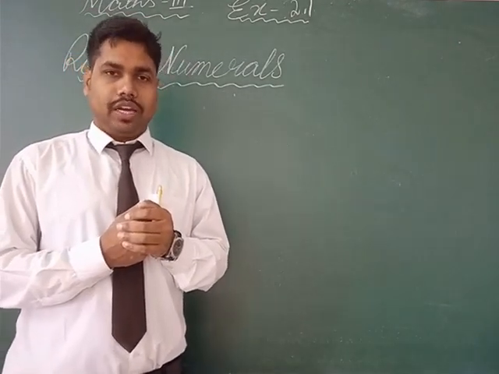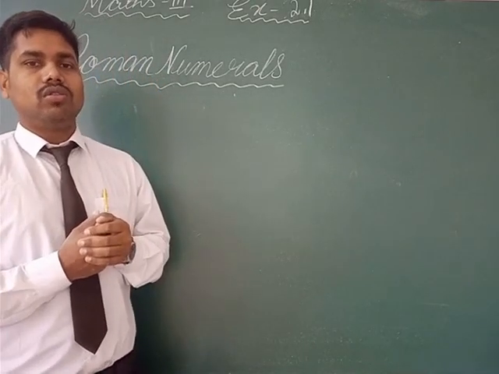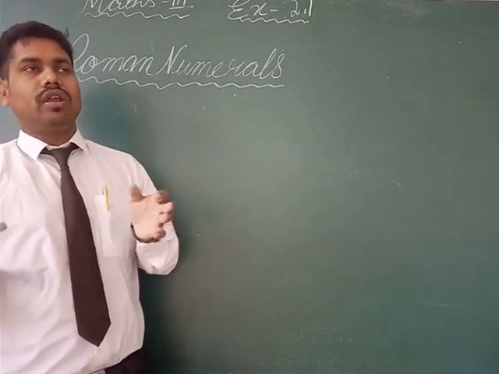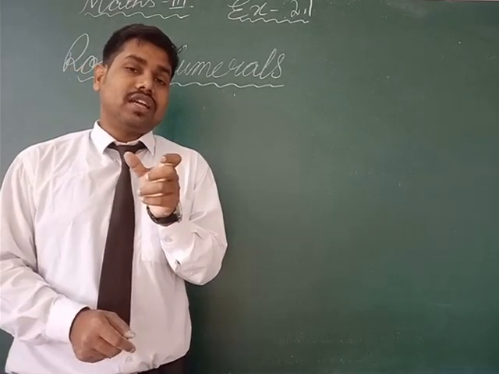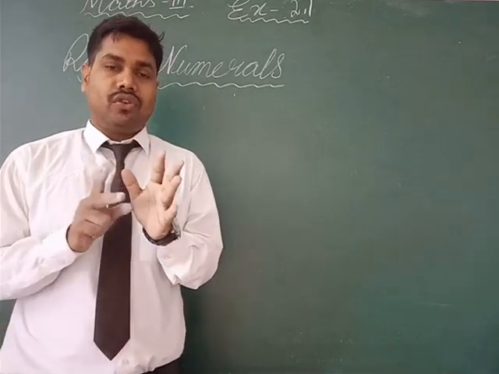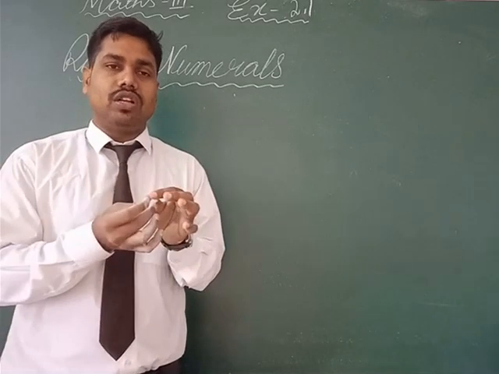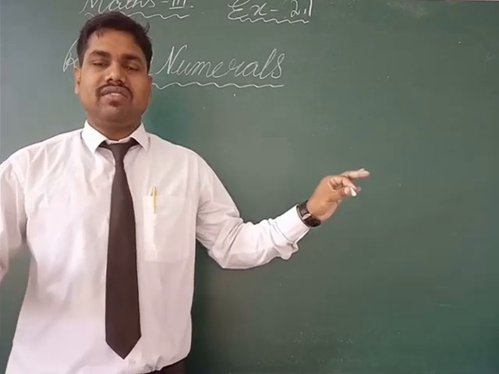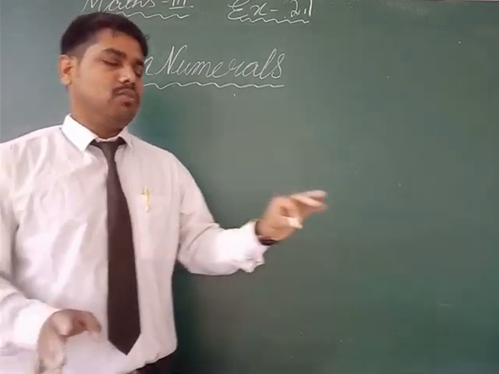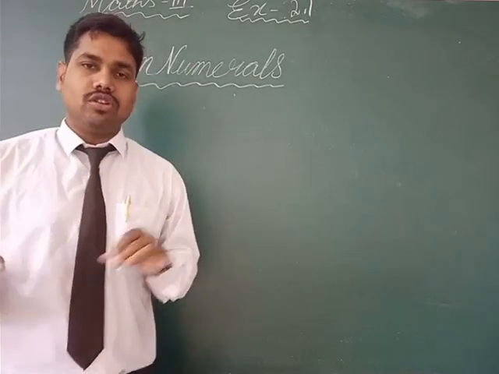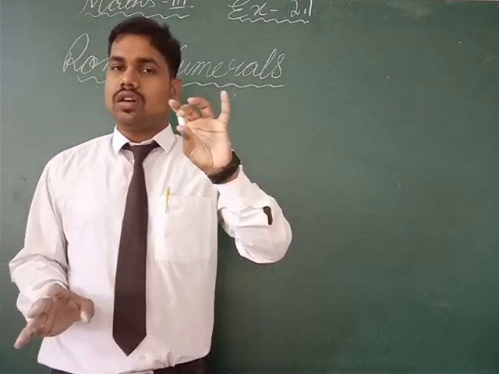See, in earlier days, if I told you to count any particular number, it is not possible to remember 1, 2, 3, 4 for a larger number. So instead of that, for example, I have counted 1, 2, 3, 4, 5. Instead of 5, I can keep 1 chalk. Then 6, 7. Again I am counting from 1. So again for 5, 1 more chalk. Again for 5, 1 more chalk. Like this I keep small chalks.